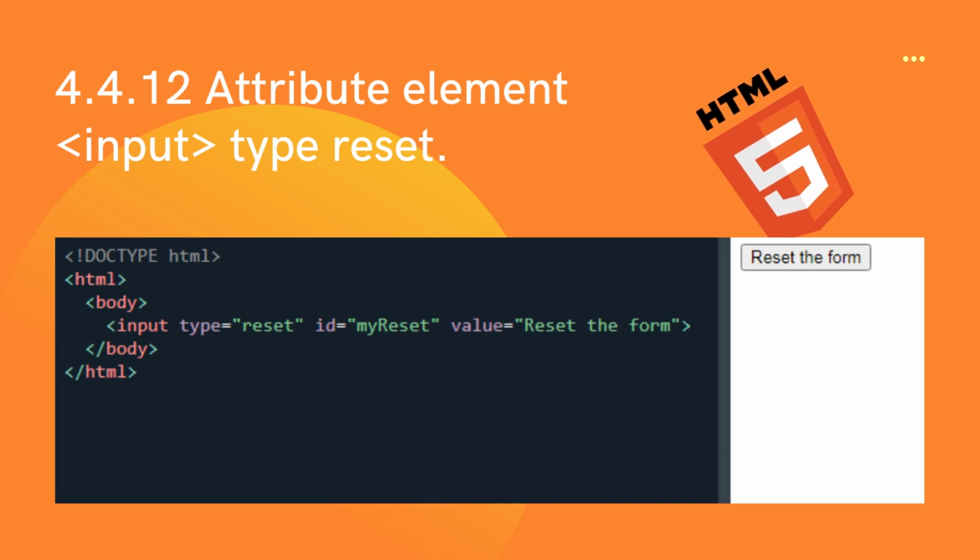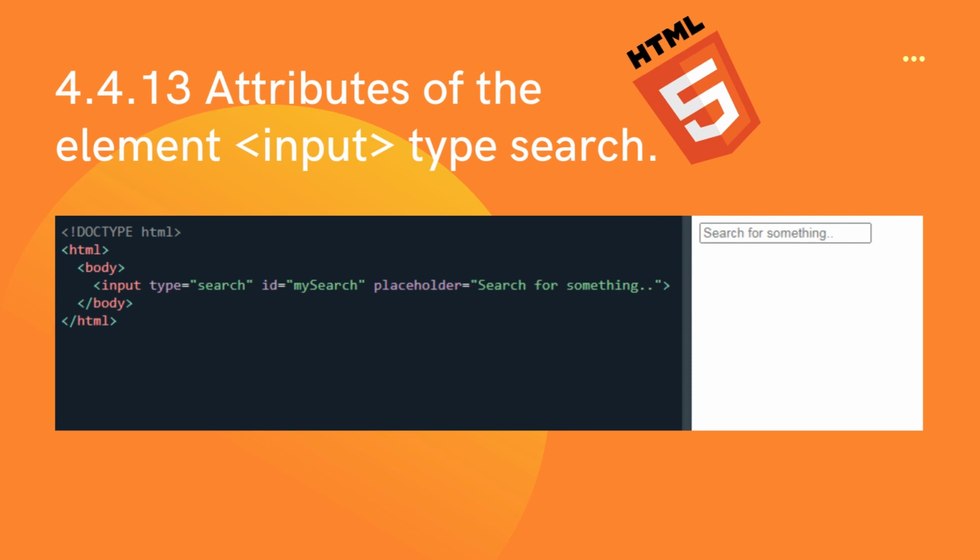Attribute element input type reset. Type attribute returns the type of the reset button form element. Value attribute specifies or returns the value of the reset button's value attribute. Example: attributes element input type search. Type attribute returns the type of the form element, the search field. Placeholder attribute sets or returns the value of the search field placeholder attribute. Example: